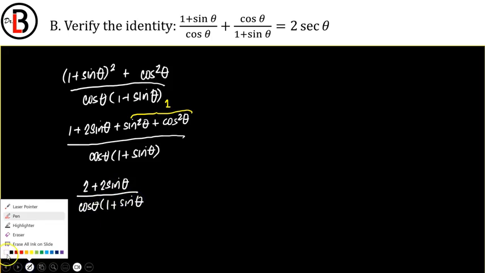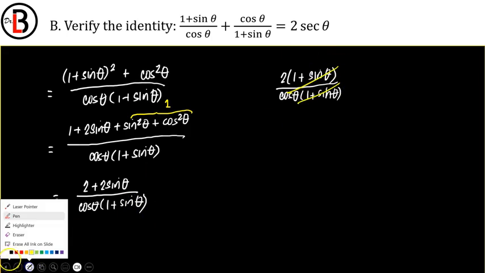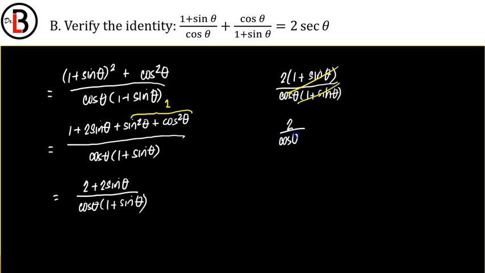And then this one, maybe let's just place equal signs in front. If I factor out the 2 on top, that becomes 2, 1 plus sine of theta all over cosine theta 1 plus sine theta. And then I can actually cancel out those two terms. You're only left with 2 over cosine theta, or simply 2 secant theta. Let's just place equal signs. So we were able to verify that this one and this one are the same.